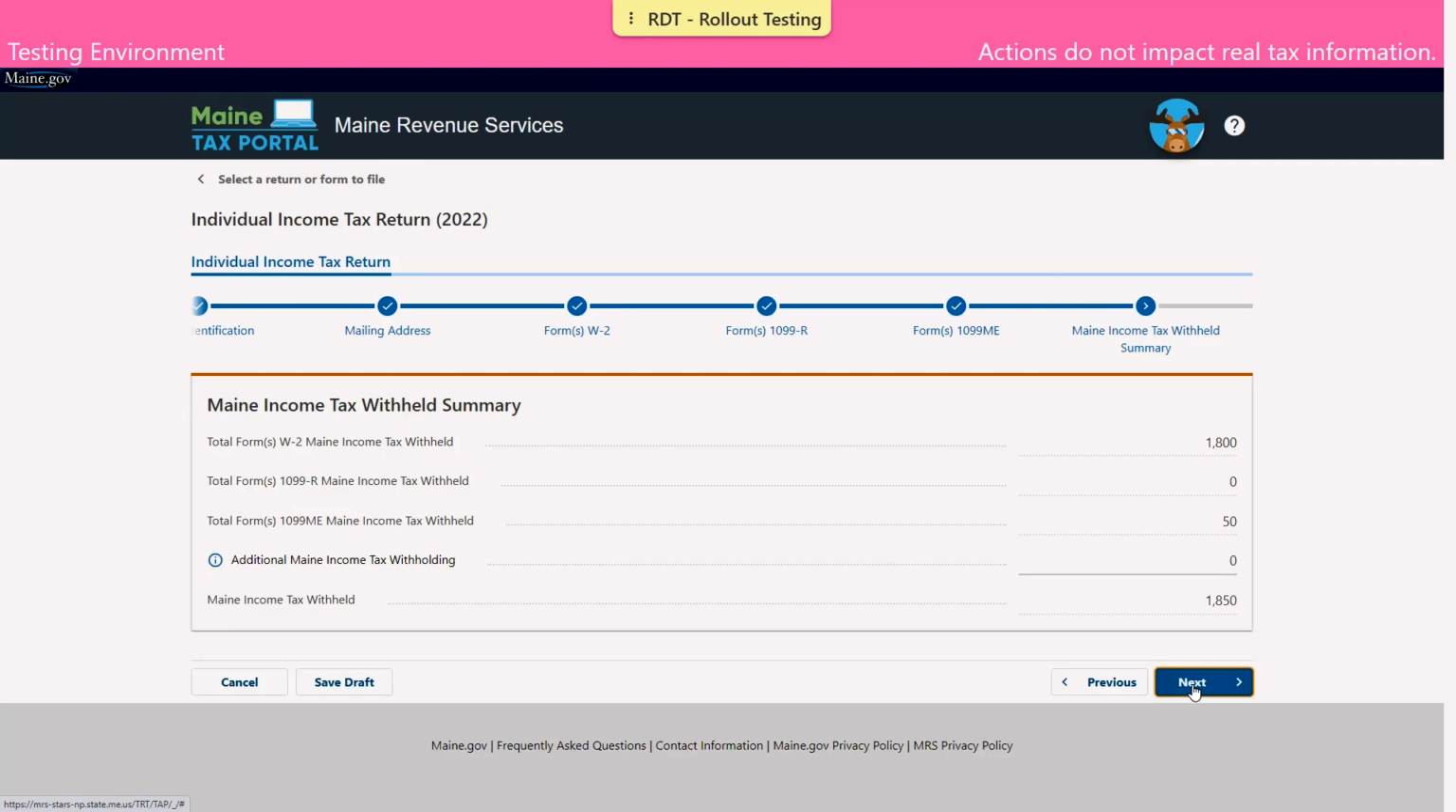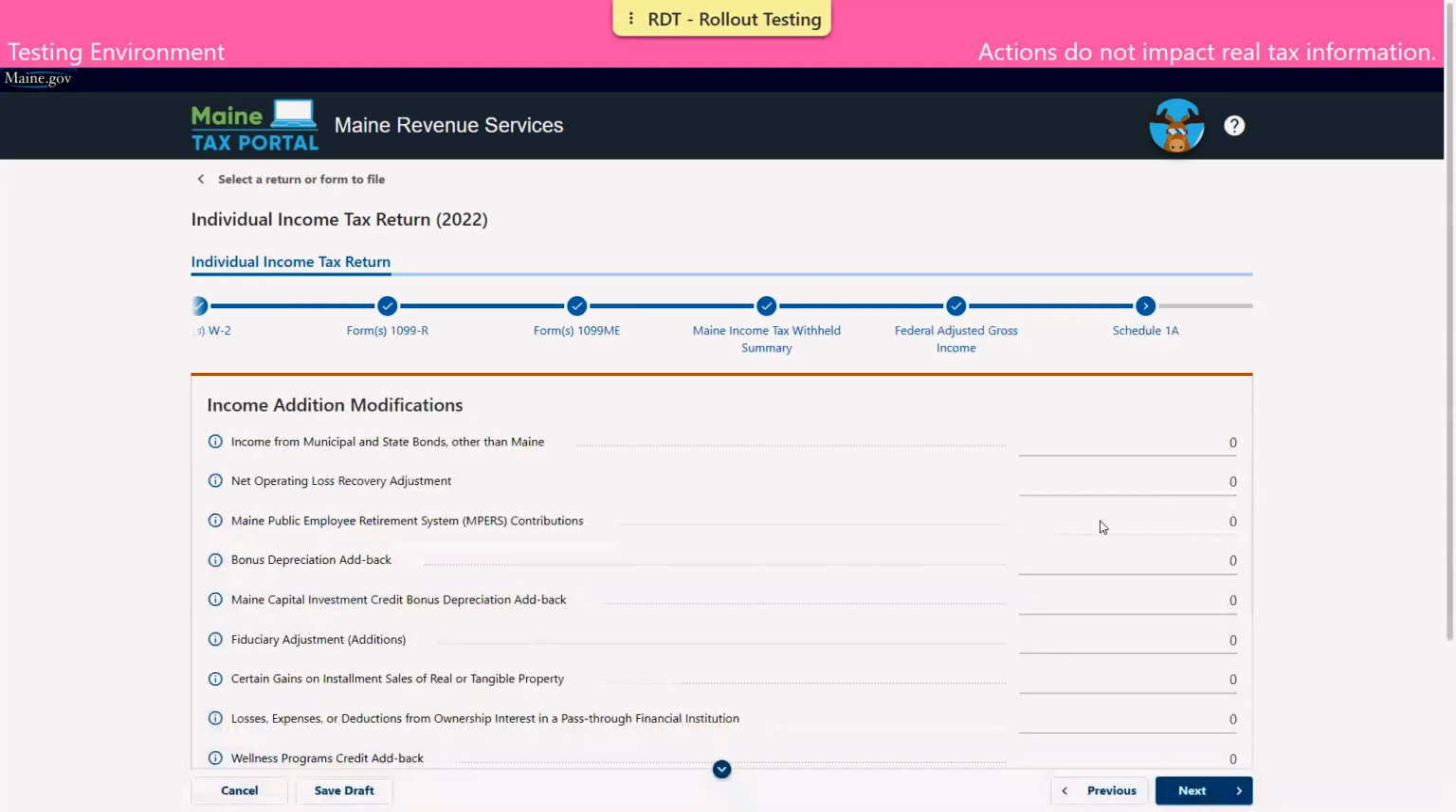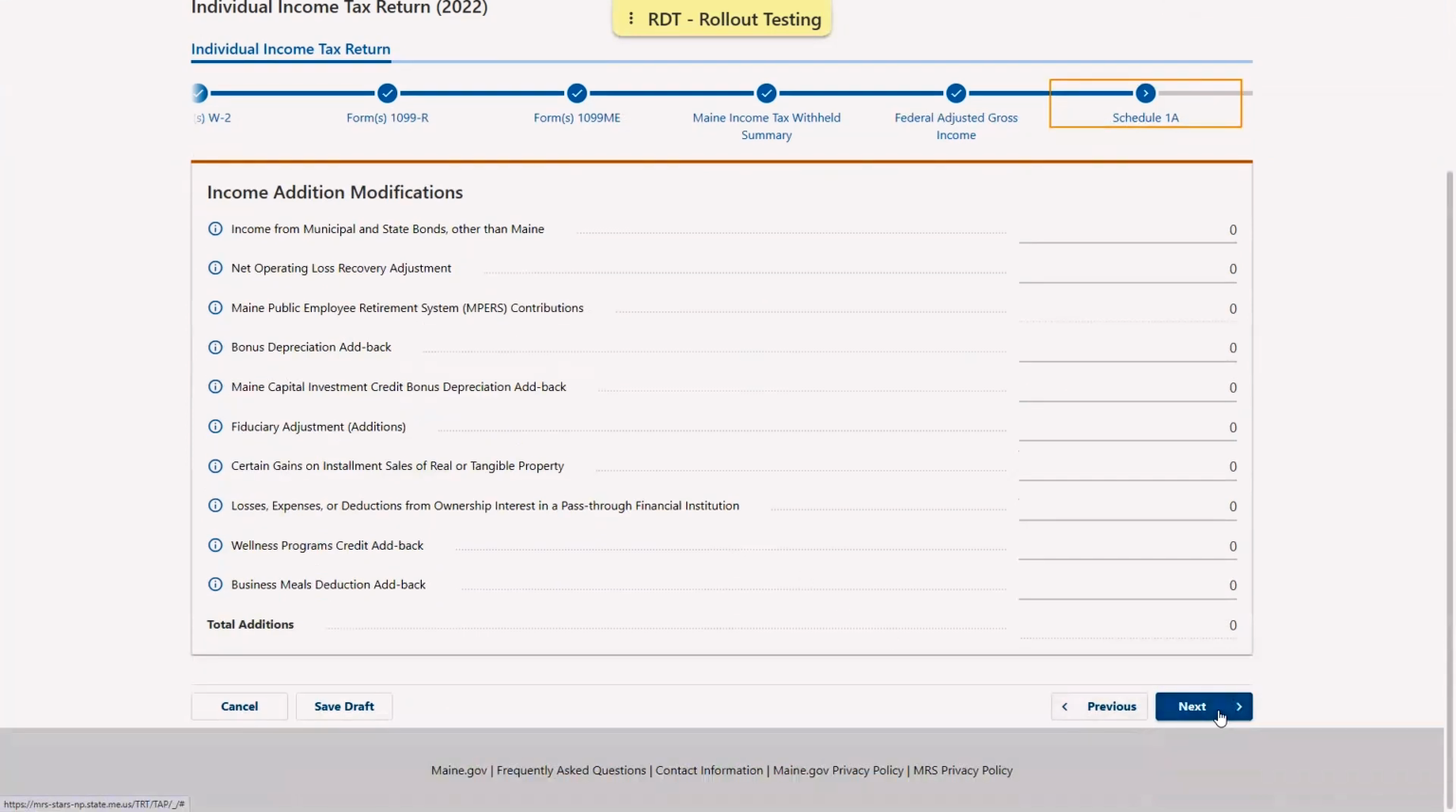On the next screen, we will provide our federal adjusted gross income as it appears on our federal return. And click Next to continue. On the Schedule 1A, we'll enter in any income addition modifications as applicable to us and our situation. For the purposes of this demonstration, we don't have any addition modifications, so we're just going to click Next to